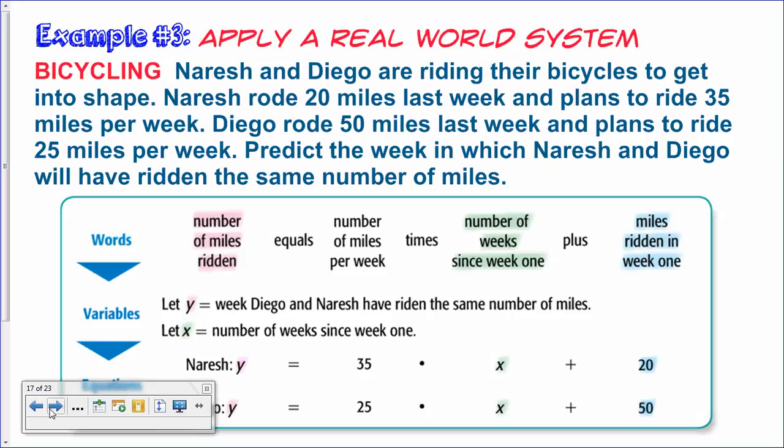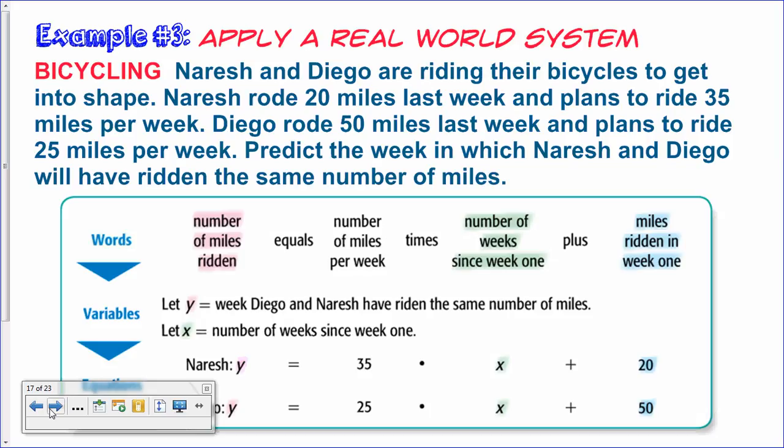Okay, Naresh and Diego are riding their bicycles to get into shape. Naresh rode 20 miles last week and plans to ride 35 miles per week. So what has he already done? 20. He's already done 20, right? So can I start at 20? If I were to put it in an equation, that would be my b, my starting point, right? And then my slope would end up being,